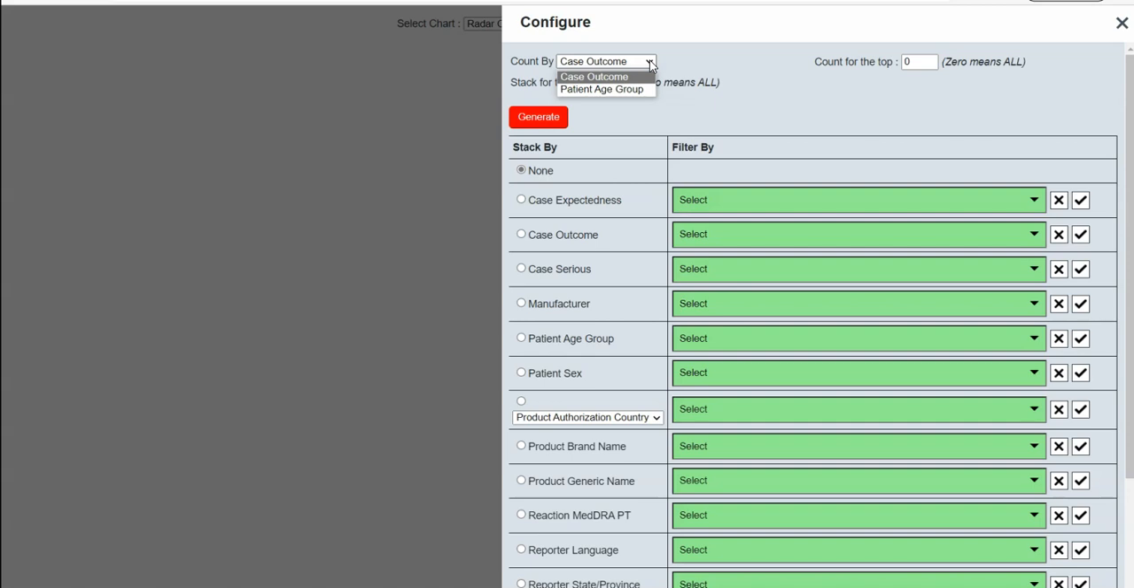Because of the unique nature of the radar chart, you really need dimensions that have multiple values. You don't need a dimension that only has 2 values, for example, is the case serious, yes or no? 2 values aren't going to cut it, so you need something that has multiple values, and the administrator using ToroAdmin